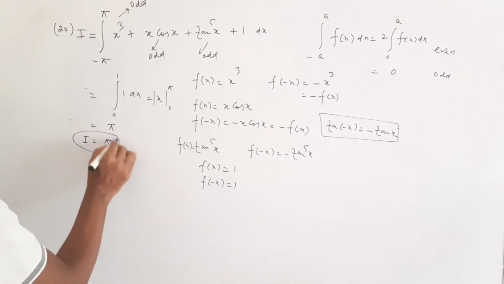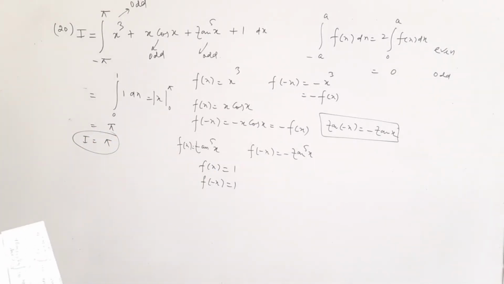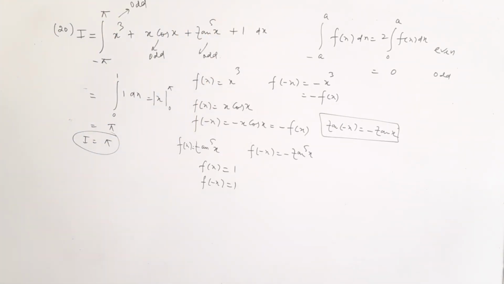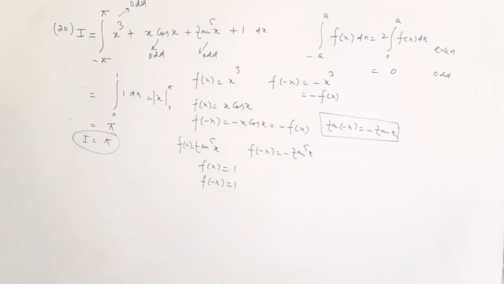This is your answer. Because I want to avoid that when there is no x, why should I check whether it's an even or odd function? Because that is kind of a constant function. Constant functions, even and odd, I think they should be kept beyond the purview, because if there is no x, there is no need of checking whether it is even or odd.